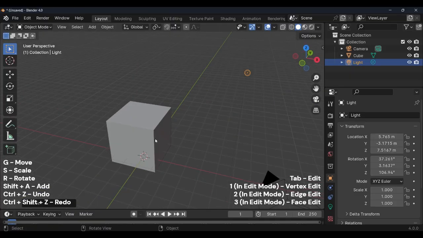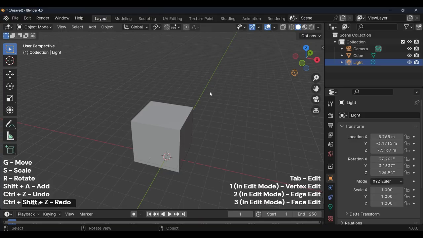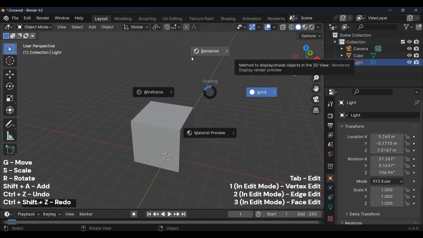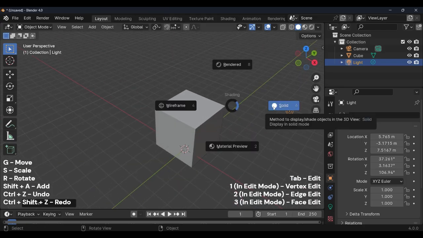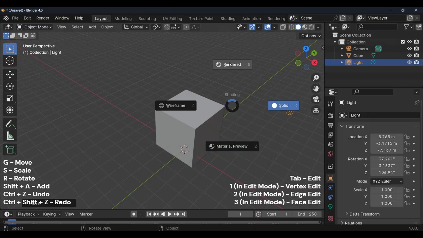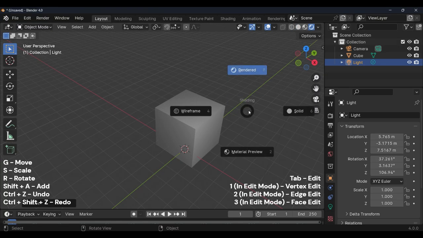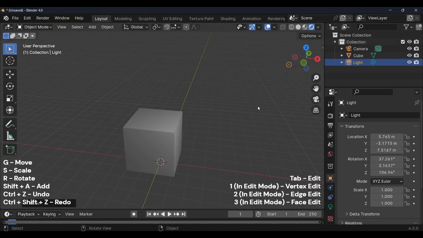One of the other things to know about some of the other hotkeys is the hotkey of Z. Z shows you different options for how to run your display, right? So this is solid, right? All you'll do is press and hold Z, and then move with your mouse to change to alternate modes. So if you have light in the scene and you switch to rendered, it'll show you that there is some light, right? And if you rotate this, you'll see that the